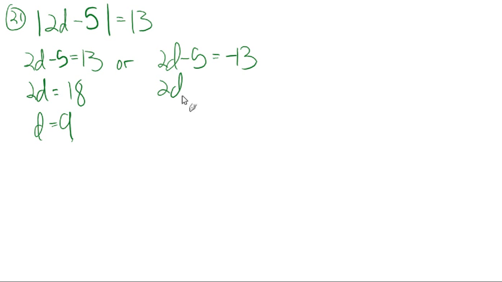Or 2d could equal -8, and d could be -4 when you divide by 2 on both sides. Okay,